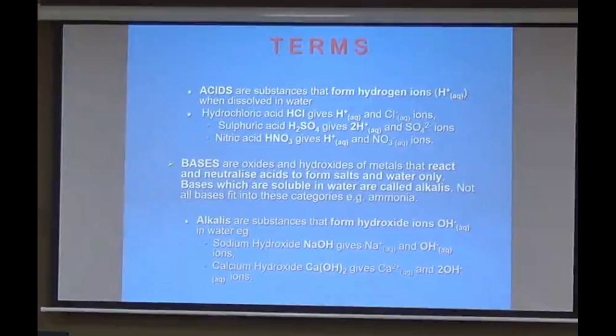Sodium hydroxide, when dissolved in water, forms sodium and hydroxide ions. Similarly, calcium hydroxide, when dissolved in water, gives calcium and hydroxide ions. So the common ions present in these two substances are hydroxide ions, or hydroxyl ions. These are basically responsible for their basic nature. So in summation, we can say that acids give hydrogen ions in water and bases give hydroxide or hydroxyl ions